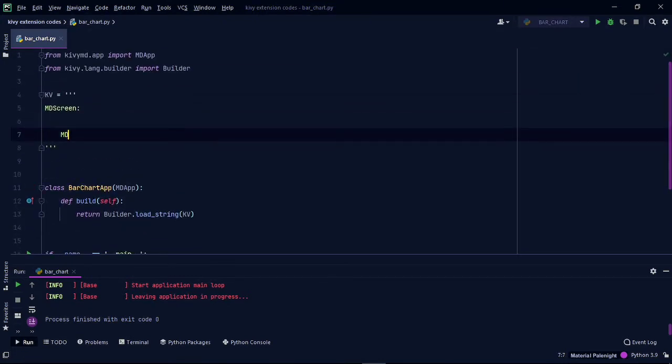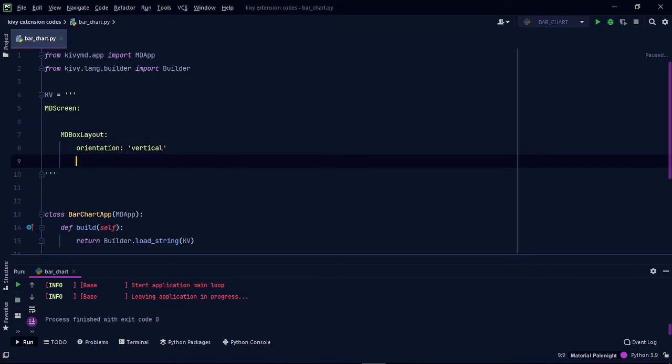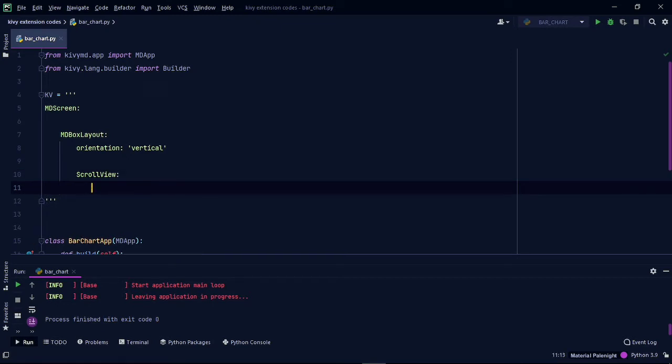Inside the MDScreen, the layout would be an MDBoxLayout, whose orientation is vertical. We need to use ScrollView to make the child component scrollable. The child layout is another MDBoxLayout.